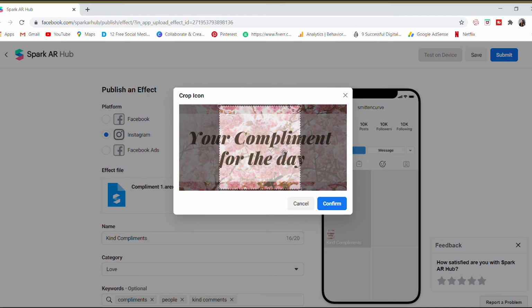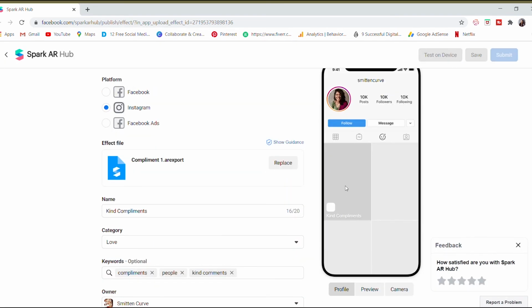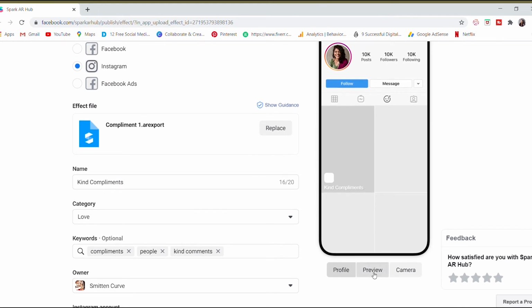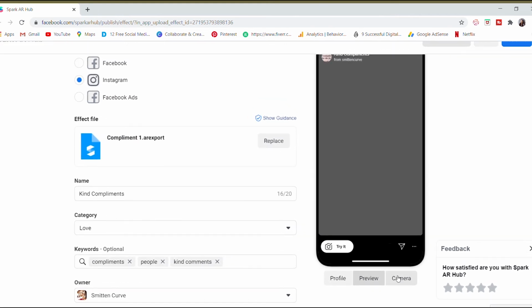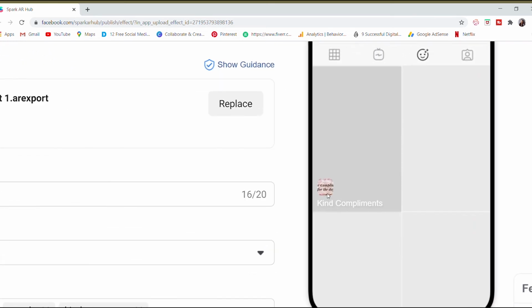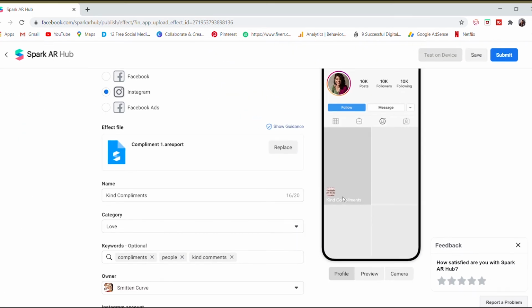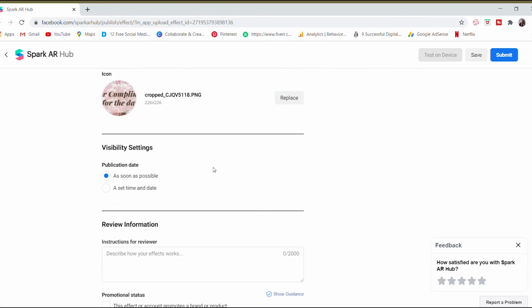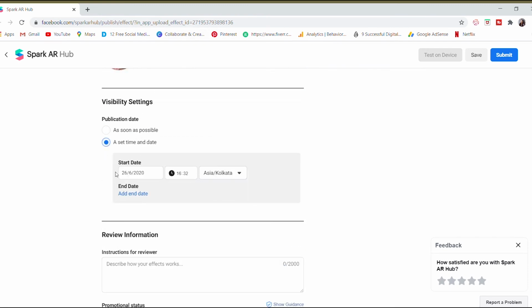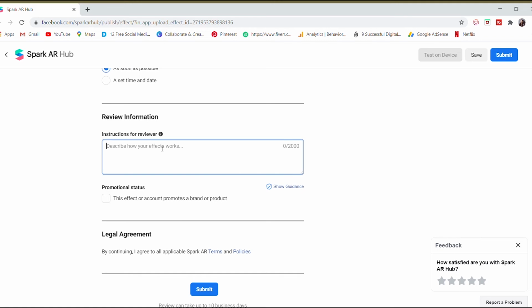Okay, I know you guys understand that much. And then you're going to see it here, and the way it's going to look on your screen. Now I don't have anything here, but you can actually see how it looks in the small filter tab, and how it looks on your screen and the app. When all of this is done, you can actually select a date when you want to publish it.